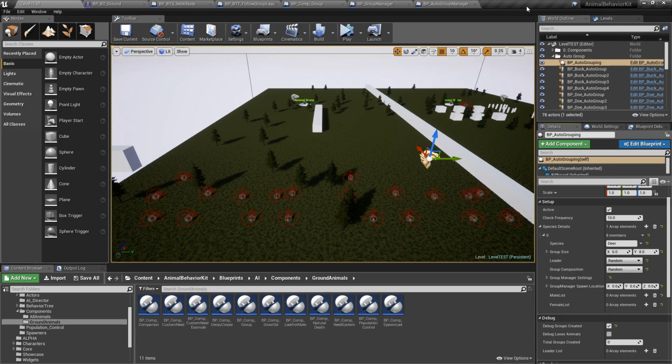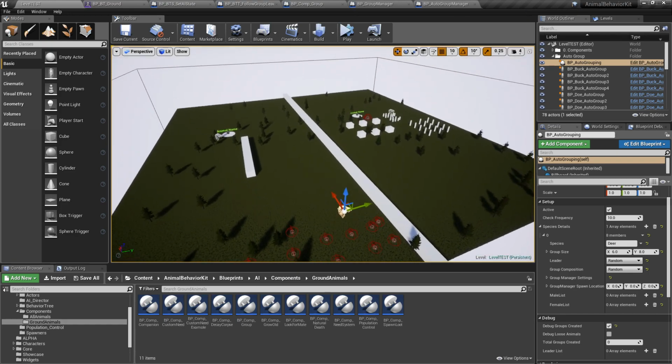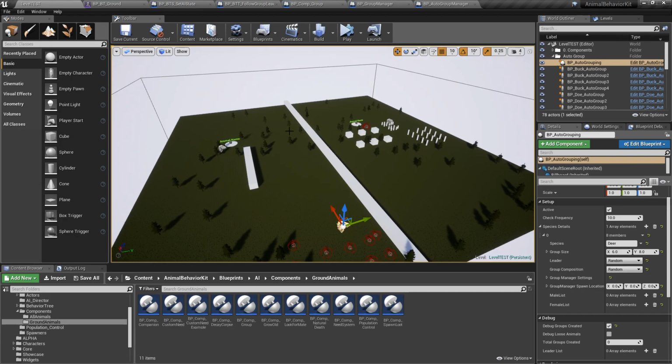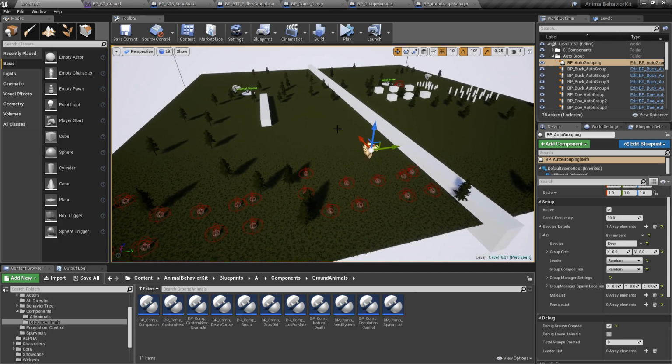So I thought about it, and my initial reaction was, well, I'm already working on the population control. I'm adding a bunch of new options. And as you can see here, I've been testing having two separate systems. Think about it as using a massive world and having completely different zones. And that work is already done. But population control is already complicated, especially with all the new features that I've added. So I didn't really want to add any kind of grouping behavior to that because it was going to be way more complicated. So I eventually settled on creating a completely new system,